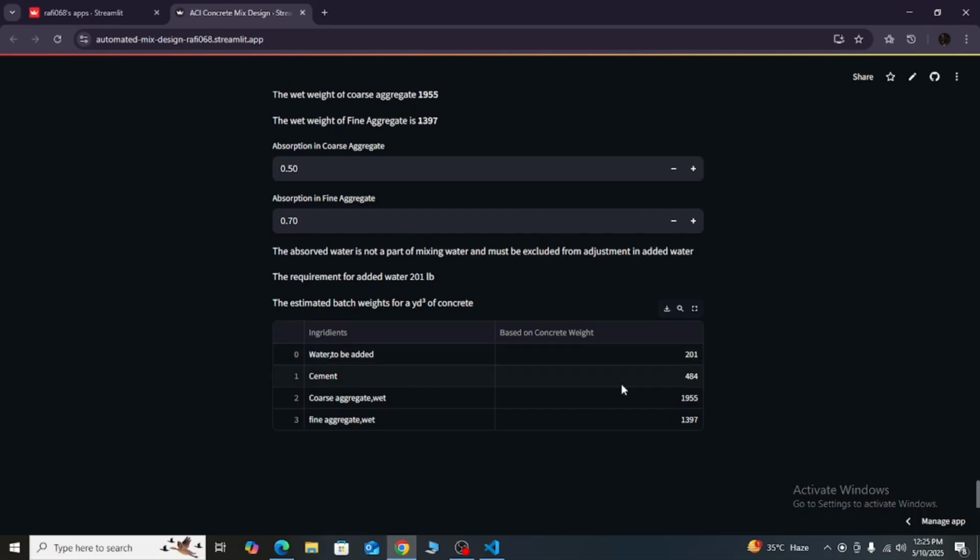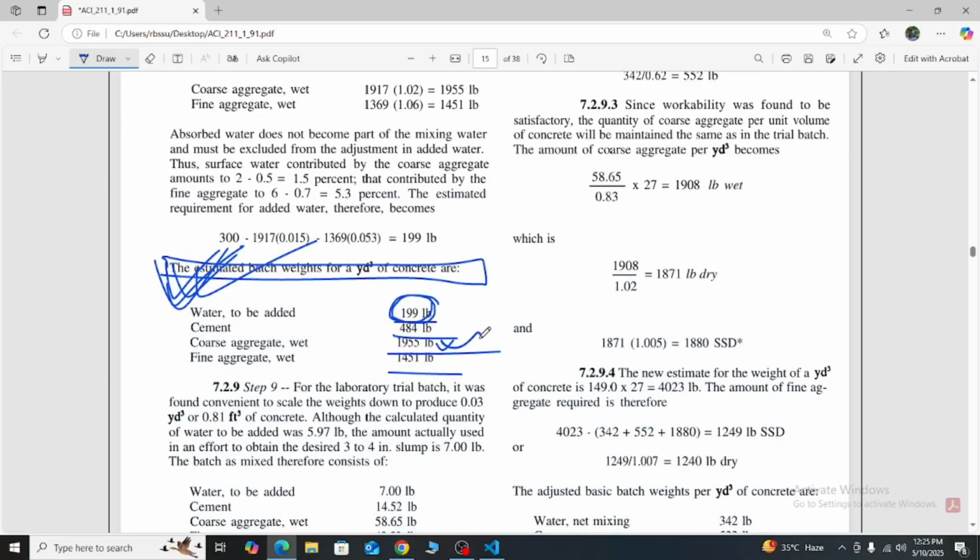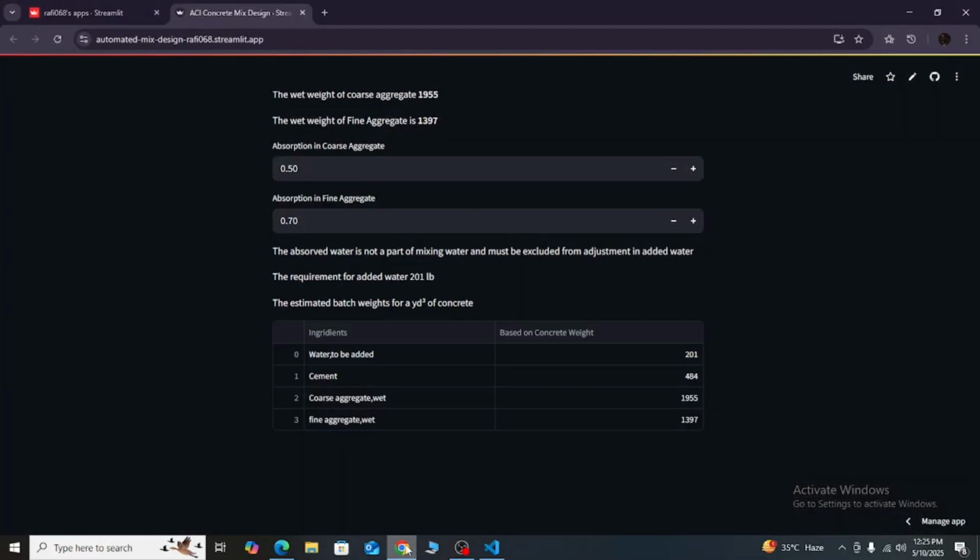So the water is okay. The cement value is unchanged. The coarse aggregate weight is also unchanged. But the fine aggregate value is 1451 on the weight basis, while on the volume basis it is